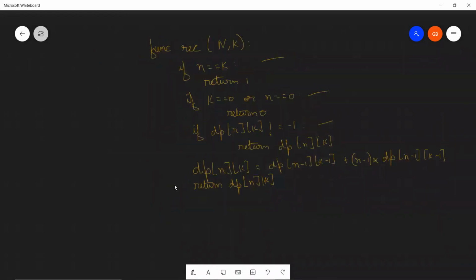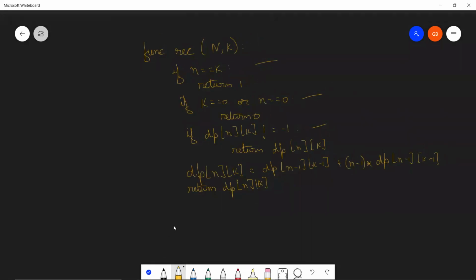Your actual function which will call this recursion, I think you can write very easily on your own. This is the recursive function I told you. The answer that this recursive function will return, let's say you are calling it in this variable answer, rec n comma k. Just make sure that you modulo this answer with 10 to the power 9 plus 7, because it is given in the question that this answer can be huge. So you take modulo with this, and finally you return your answer.